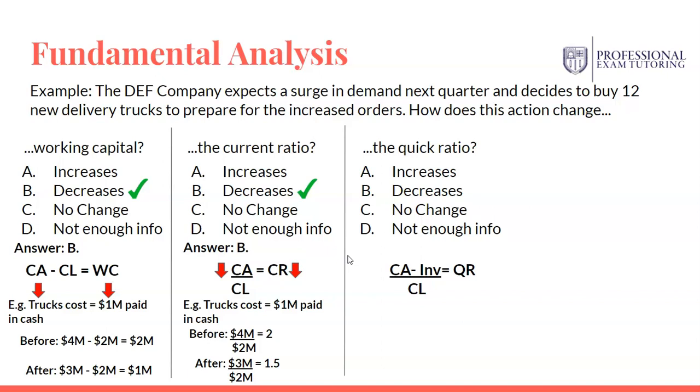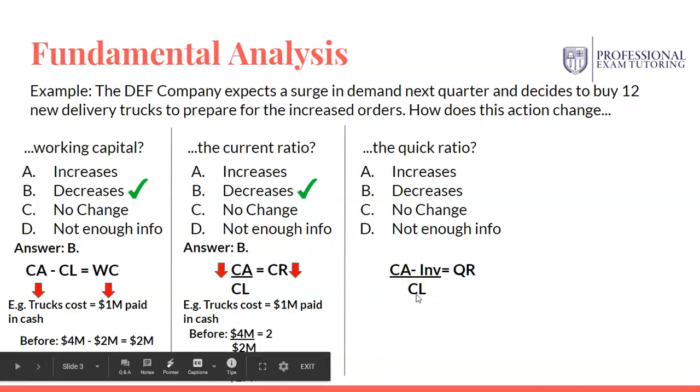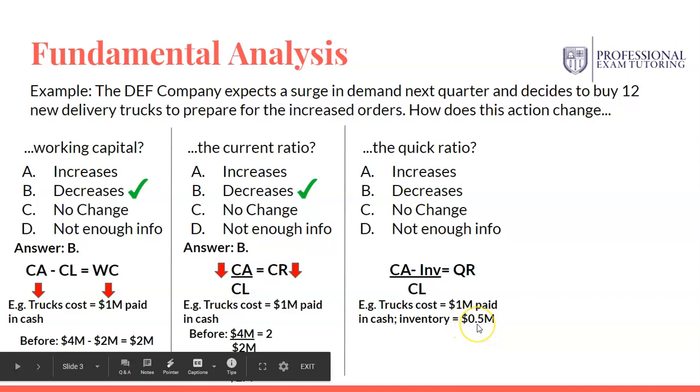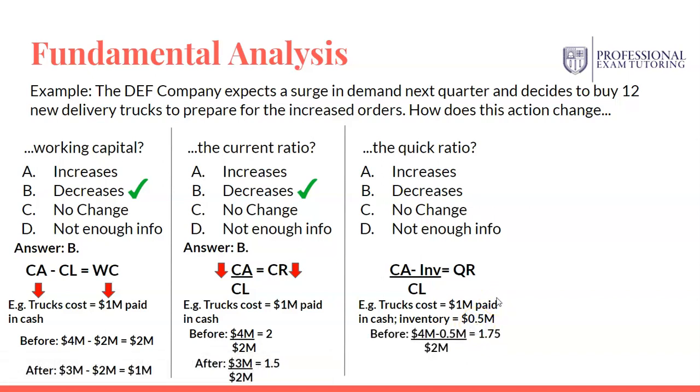So the quick ratio really gives you a sense of how easily you can meet your current liabilities given the things closest to cash that you have on hand in your current assets. So here, current assets minus inventory divided by current liabilities. We're going to see a very similar type of situation to before. The trucks, remember, cost us $1 million that we paid in cash, and let's assume now that our inventory is $500,000. So if that's the case, before the transaction happened, we have 4 million minus $500,000 divided by 2 million